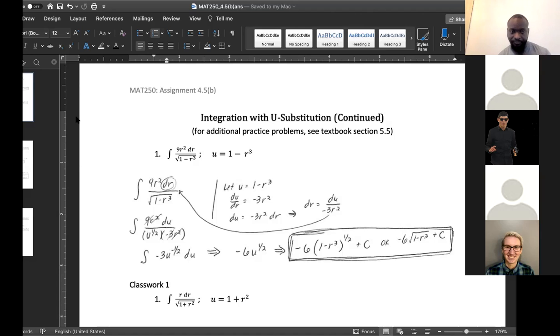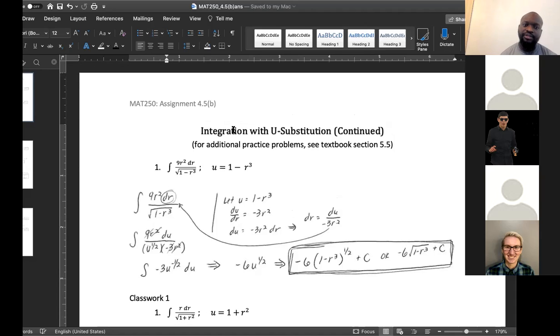Okay. So I have a request to go over it again. I'm going to do that. Whatever you have in the square root in the problem, that is what you call your u. So the square root, or anything with a power in a bracket. The square root is like to the power half. So that's the only thing that has a power half in the bracket right here. So when I have the complicated thing in the bracket to the power half,